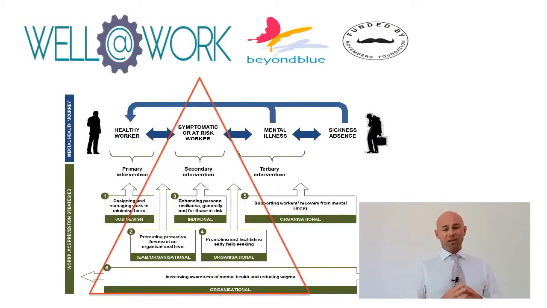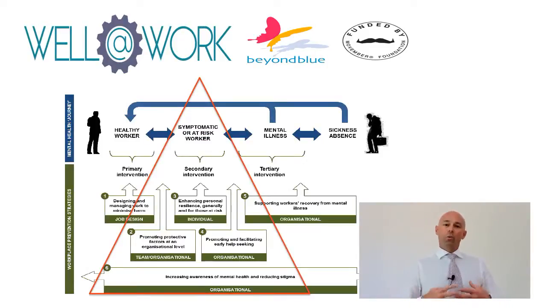We wanted to see if we could use this approach for mental ill health, and as part of the Well at Work programme funded by Beyond Blue and Movember, we're looking at how we can identify people with high levels of risk in an employed population to see if we can actually target those for our interventions to prevent new onset mental illness in an employed population. So we used the HILDA data set, a large nationally representative, population-based data set in Australia with thousands of people about whom we know hundreds of things.